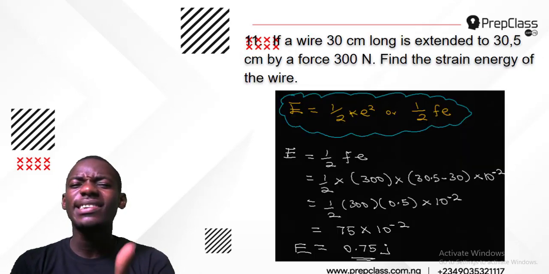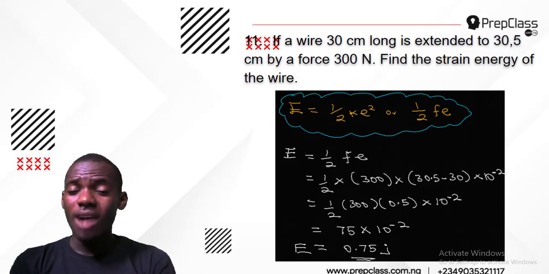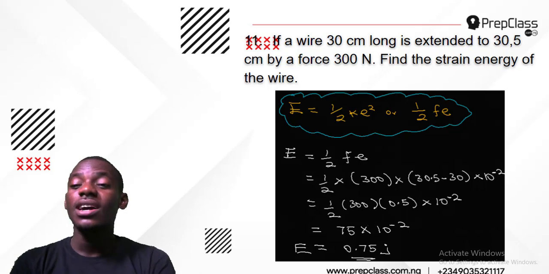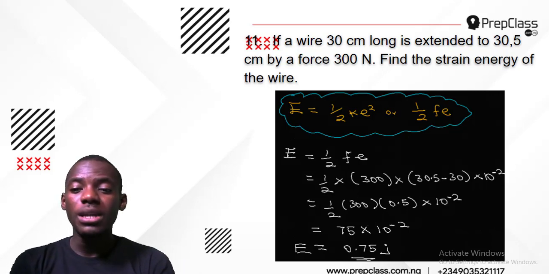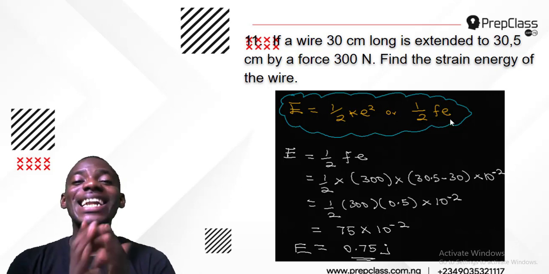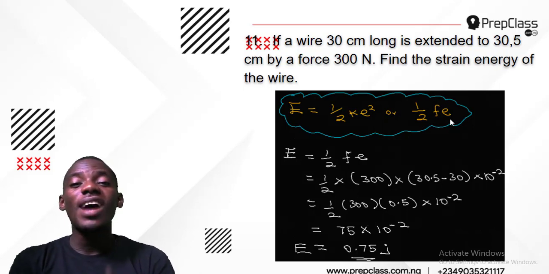Because they want to find the strain energy. The question did not say find strain. The question says find the strain energy. That means it is also the elastic energy, and what is the energy for an elastic material? E equals 1 over 2 Ke squared, or 1 over 2 Fe. So anything elasticity, when they mention to find energy, the energy of an elastic material is half K e squared, where